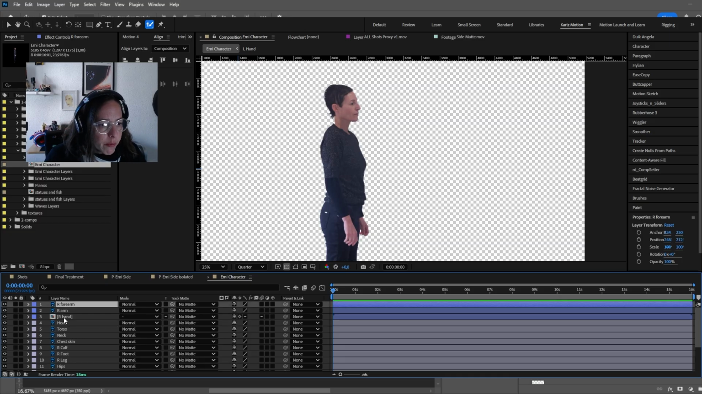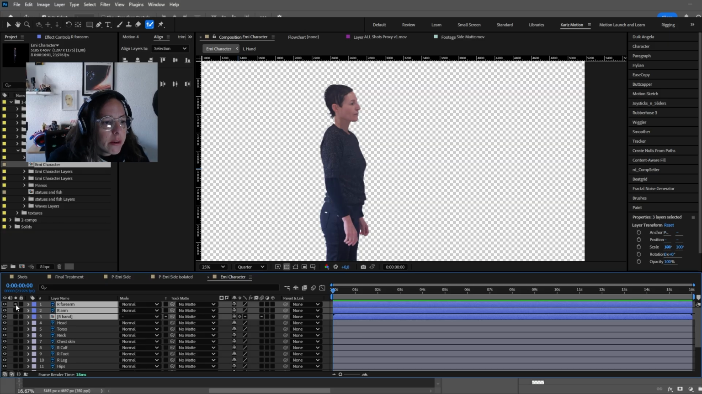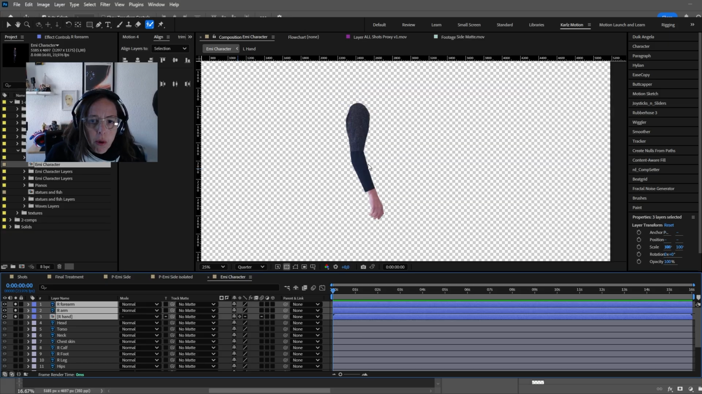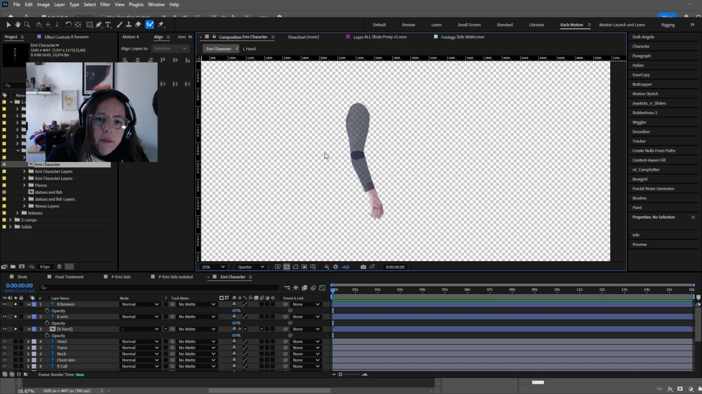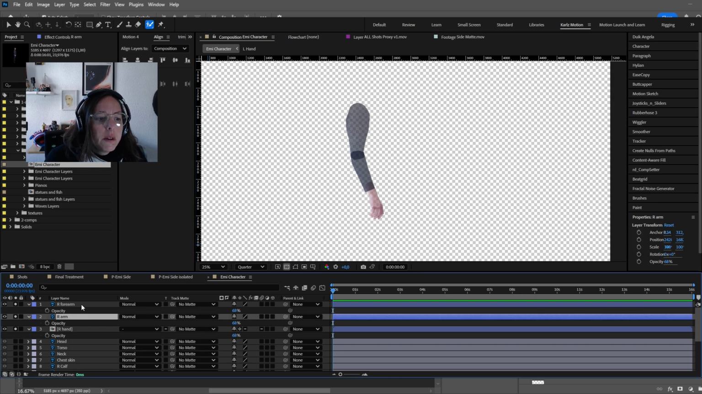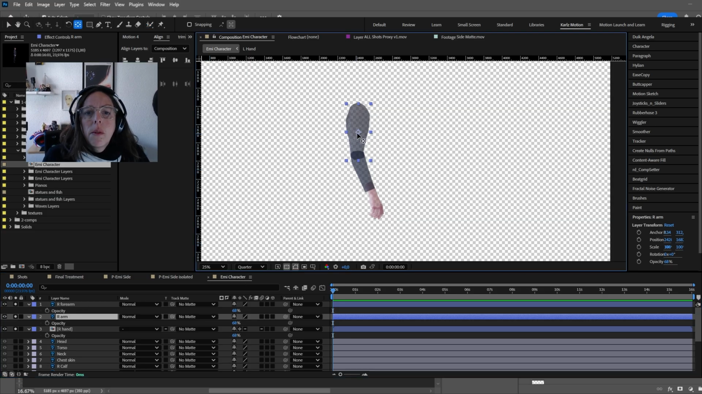So this is what I do every time that I rig a character. This is gonna be a very simple one again. So we isolate the whole arm, and then I lower the opacity to see where the joints are. And change the anchor points to where we want them to rotate. By the way,